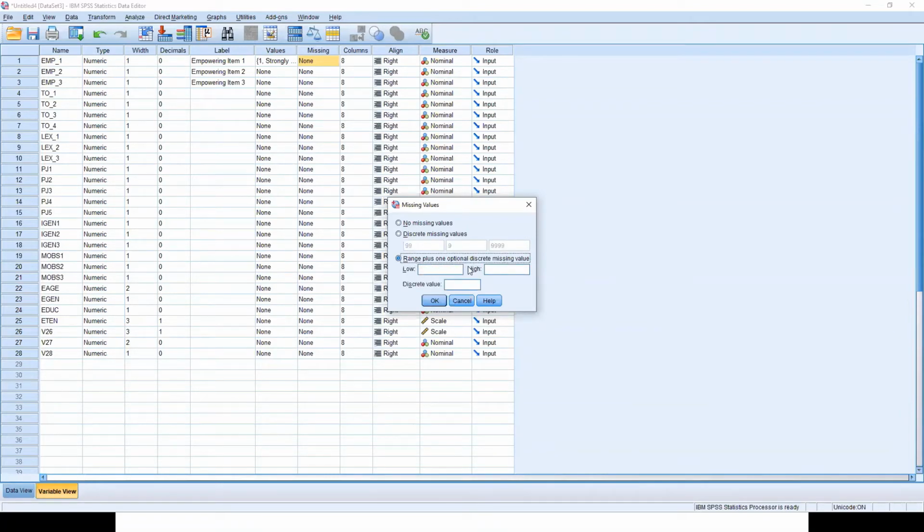Or you can say discrete value. So you can give a range. Low is anything above 6 is a missing value. It can go up to any number that you can give, right? And if you want to have both, you can say I have coded range also, low and high, and discrete value also as high.